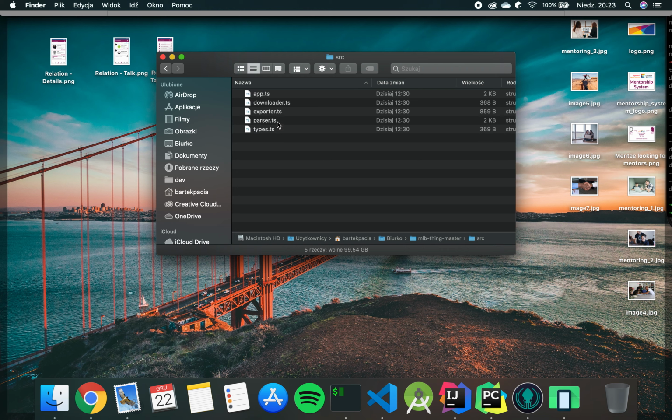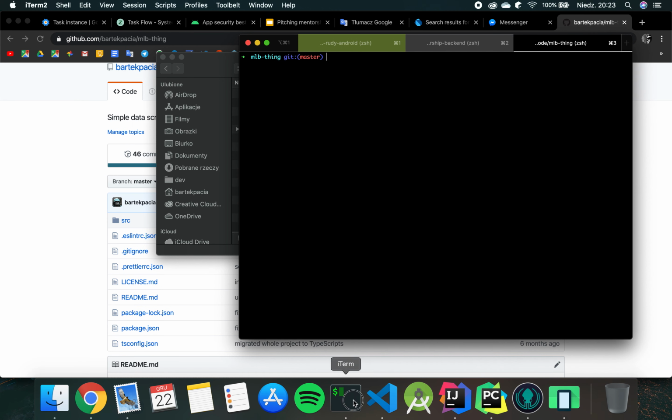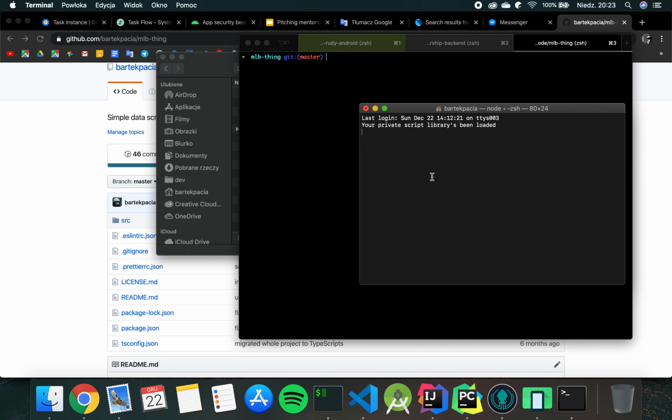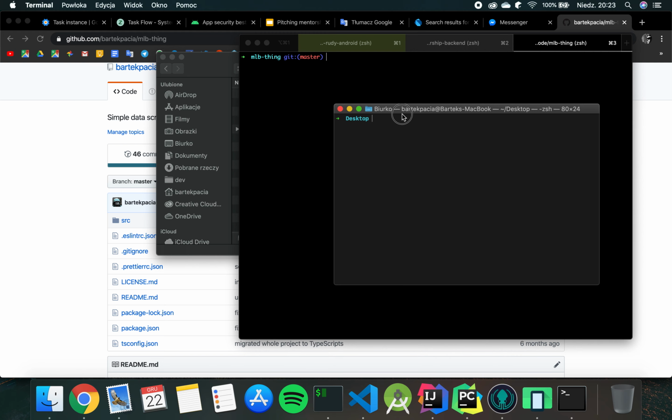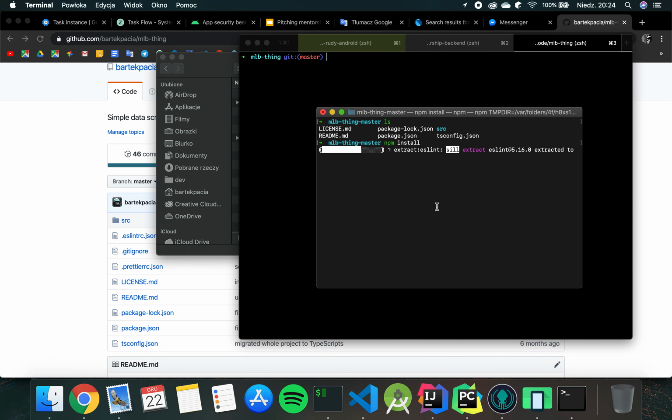And when I have project files downloaded, I can just open my terminal. You can open it like this, terminal. And you need to change your directory to desktop. That's where I have my files. And I need to cd to this folder. And now I need to type npm install